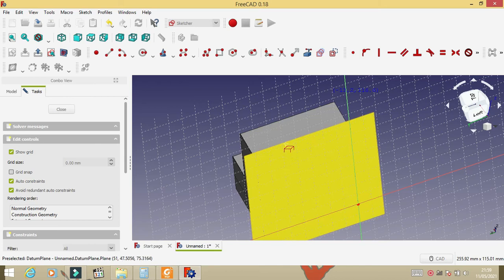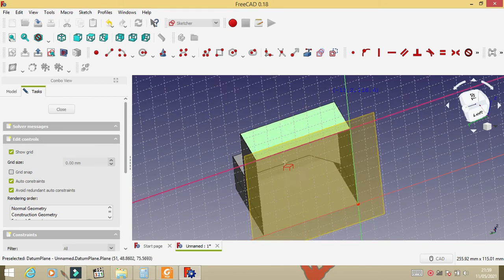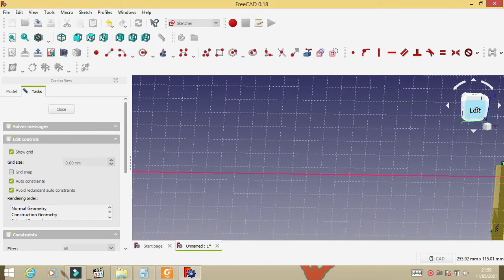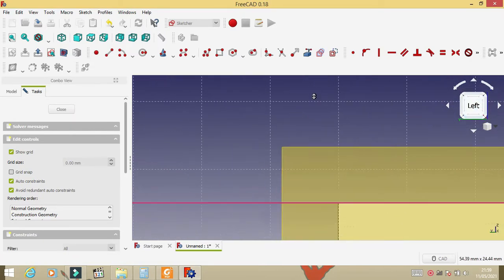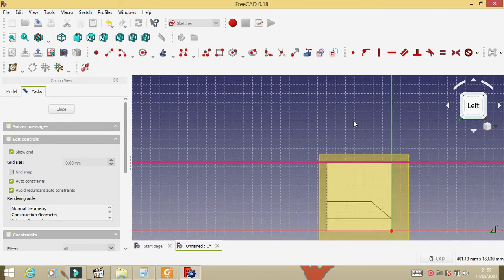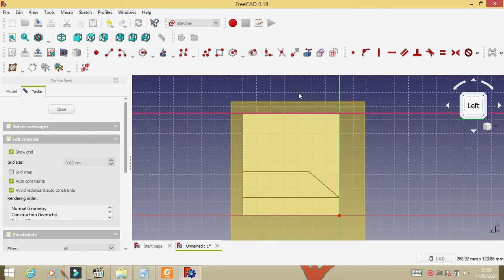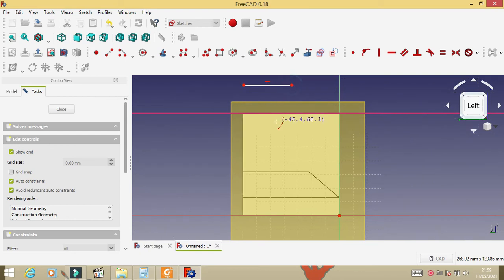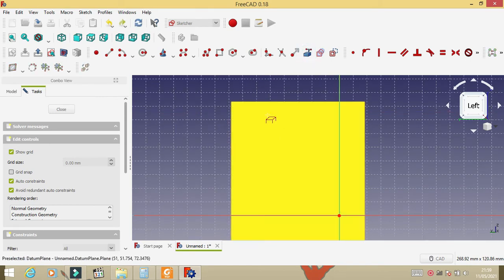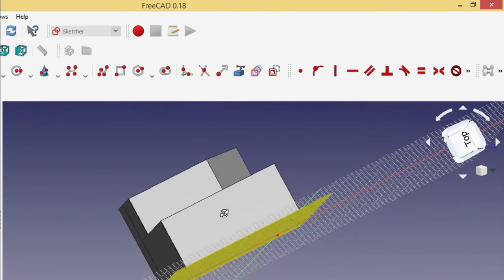The first, click a reference point to connect the line. I'm sorry, that is from a reference point.